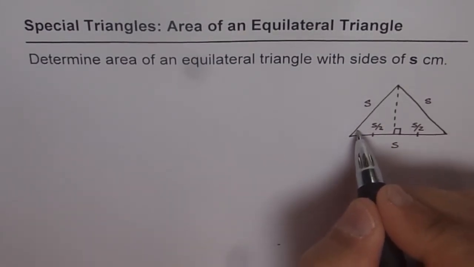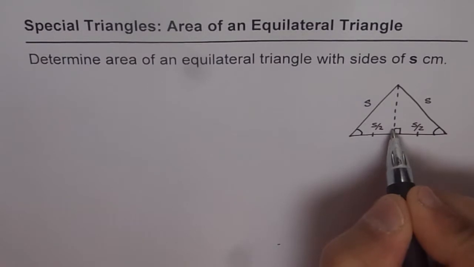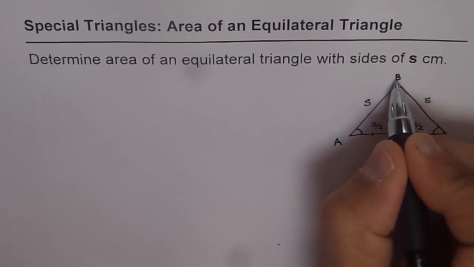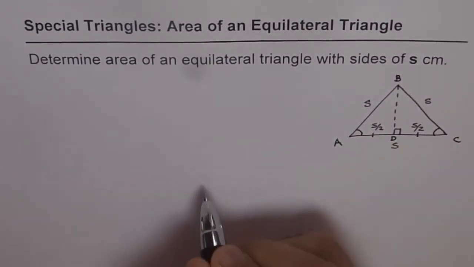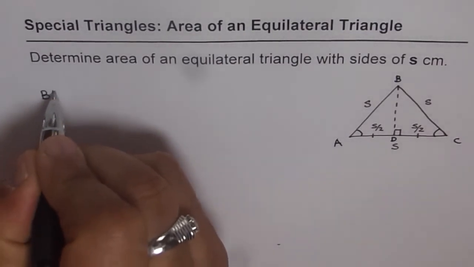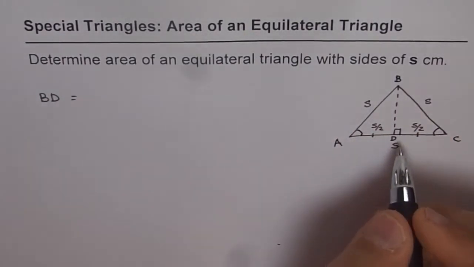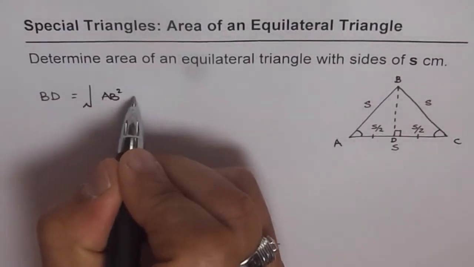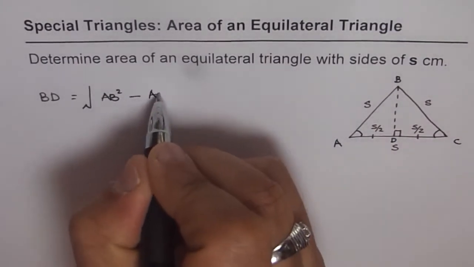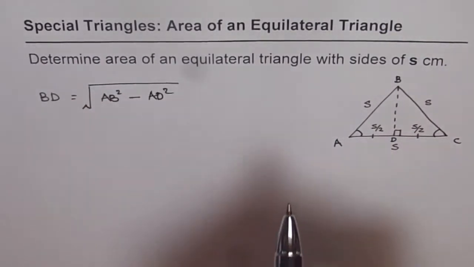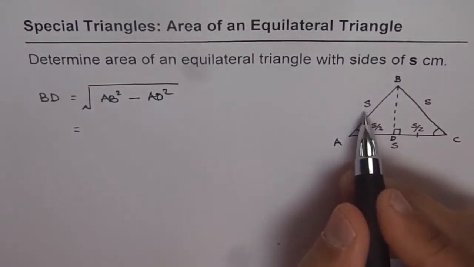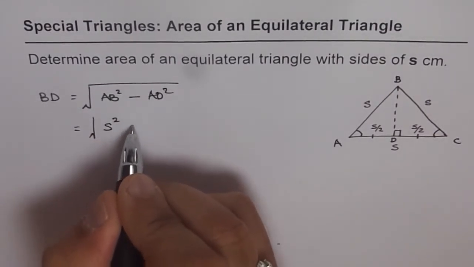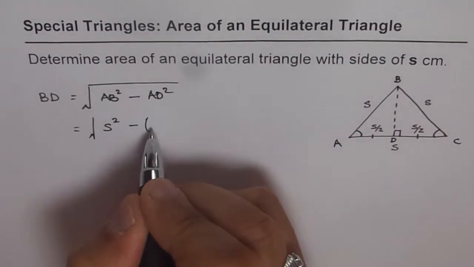So in this equilateral triangle, we know all these angles are 60 degrees and this is 90 degrees. Now let's label it. Let's say this is A, B and C and the perpendicular is at D. Now BD, the height of this triangle, should be equal to the square root of AB square minus AD square. Now AB is given to us as s, since that is the side length of the equilateral triangle. So s square minus AD, which is half of s, so it is (s over 2) square,